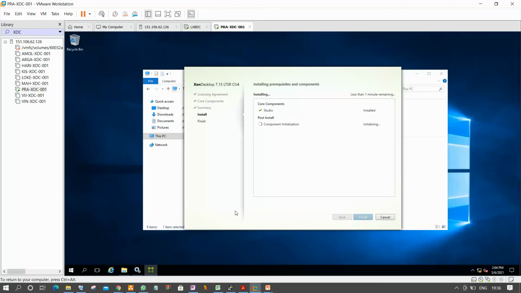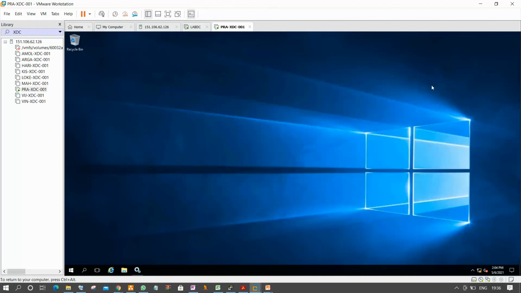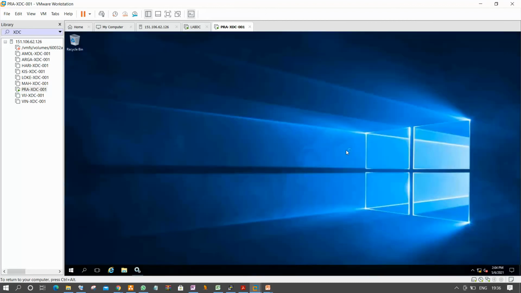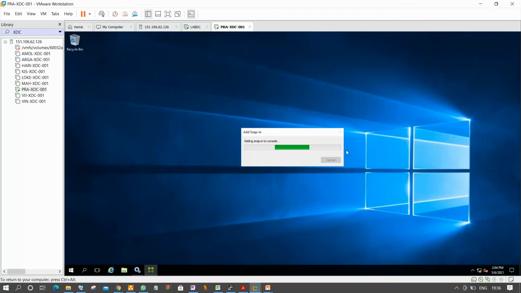Yes, Studio Console is successfully installed. Then I'm going to launch Studio. Whether you select this option or not, it's not a problem. You can click finish and close this window, then open the start button and click on Studio here. The Studio application will open. It will take 30 seconds to 1 minute, so leave it for some time and the application will open smoothly. Do not click cancel or close. Do not terminate. Don't close the sessions unnecessarily.